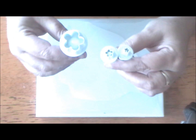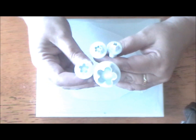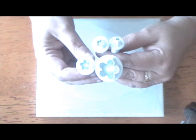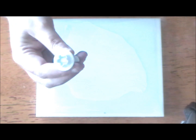Today I'm going to show you another filler flower called a blossom. Now the blossom comes in plunger cutters and other sorts of cutters, but they're basically a 5-petal blossom cutter, and I've got a set of 4 which enable you to do a graduated size on the same stem. So using this one just to show you how easy it is to do it in a size that you